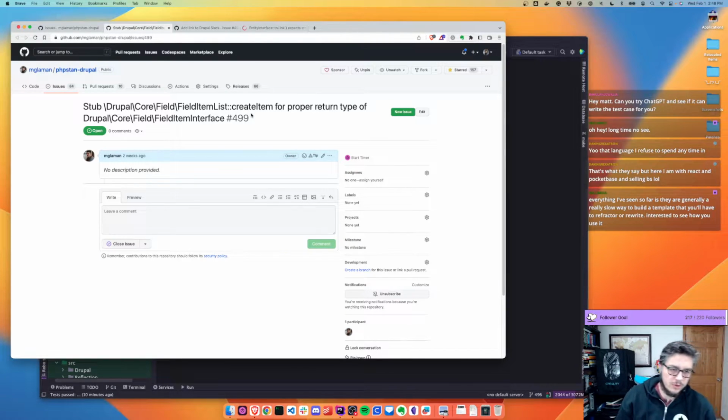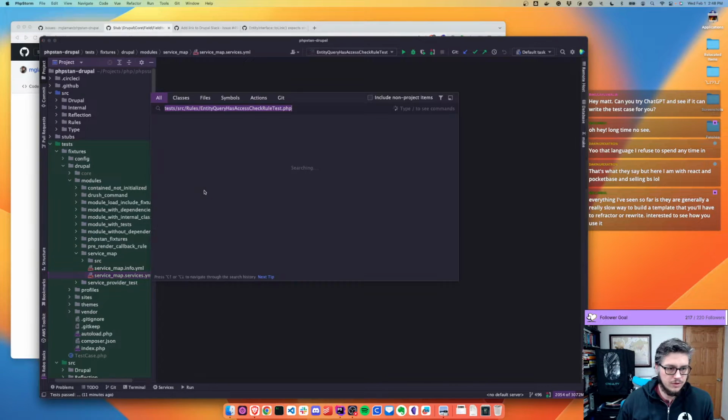So again, stubs are a way of overriding PHP docs to make them more type specific. If there's a bunch of inherit docs and somewhere you know it's going to return a different type than what the interface says. So in this case, field item list create item returns type data interface, but it's always going to be a field item interface. So if we were to go open that class,